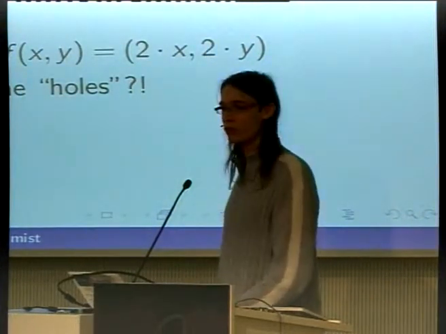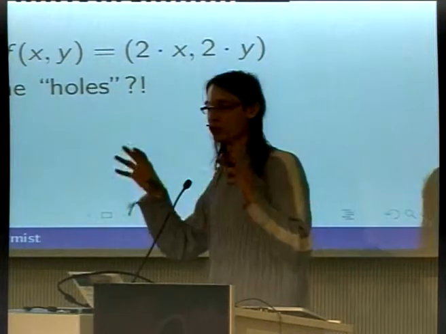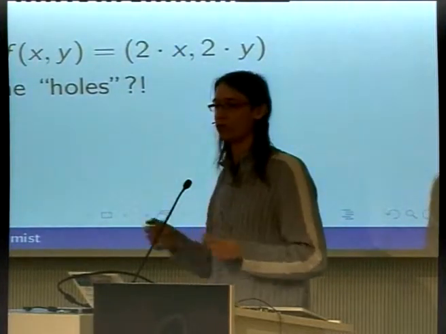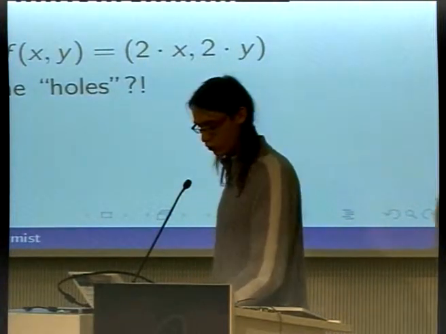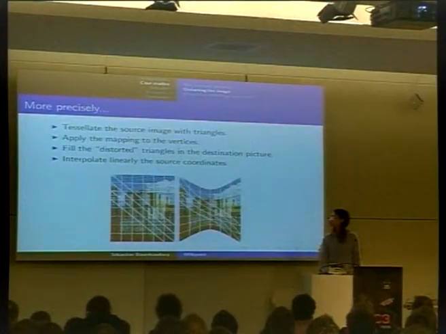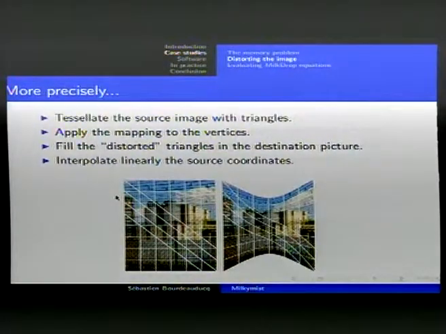So what I'm doing, and what graphics cards do, is called tessellation. You are covering the image with squares, and then you distort these squares, and you have a primitive for distorting squares or triangles in the hardware. What I'm using is a triangle strip. So I tessellate the source image with triangles like this. Then I apply the mapping at each cross point in the grid here. And then some unit will draw each triangle in the destination image here. So that's basically linear interpolation to fill the blanks in the image.